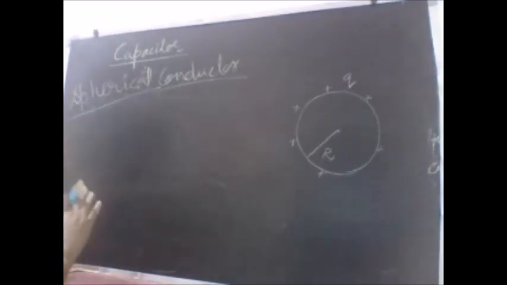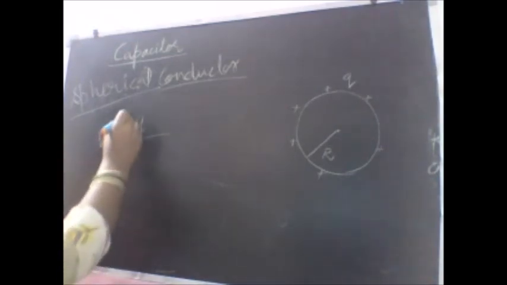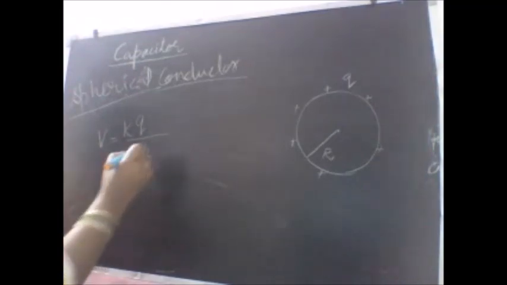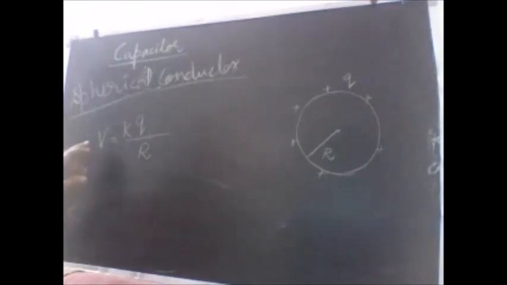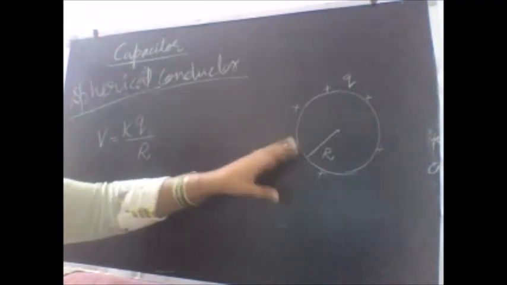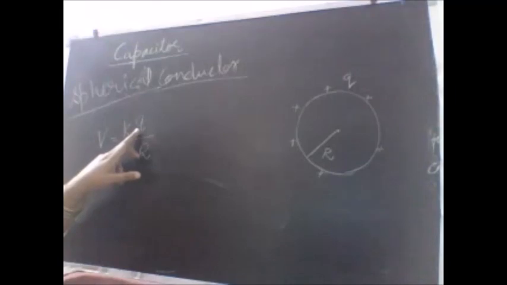So what is the potential of this spherical capacitor at the surface? We all remember the formula. We have taken the radius of this spherical conductor to be R. So V is equal to KQ by R. This is the potential at the surface. But I want to increase the charge. Let us give more charge to the conductor. If I am injecting more charge into the capacitor, isn't it that Q is going to rise? That means V also will rise, right?